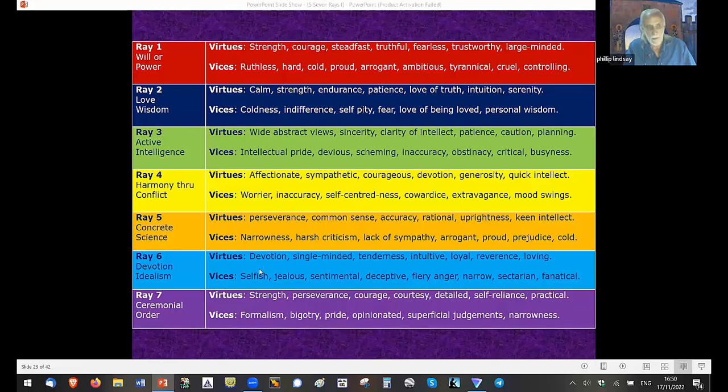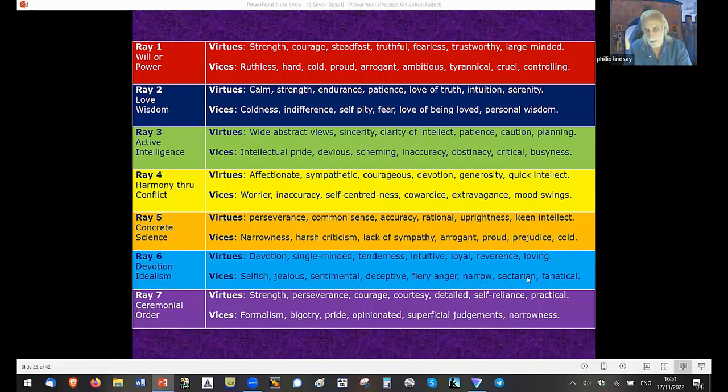So the sixth ray is going out of incarnation since, we're told, 1625. But because it was in incarnation for so long before that, its energies are going to be felt for a long time yet. It mainly corresponded with the age of Pisces, and the sixth ray passes through Pisces along with the second ray of love wisdom. So with the combination of Pisces and the sixth ray, it really magnified both the positive and negative attributes of the sixth ray. So we have devotion, single-mindedness, tenderness, intuitive, loyal, reverence, loving; vices: selfish, jealous, sentimental, deceptive, fiery anger,